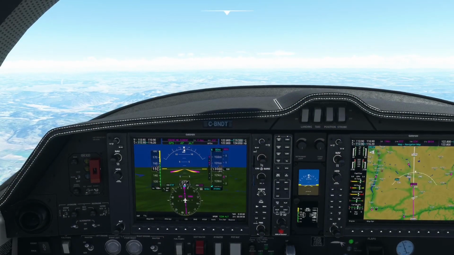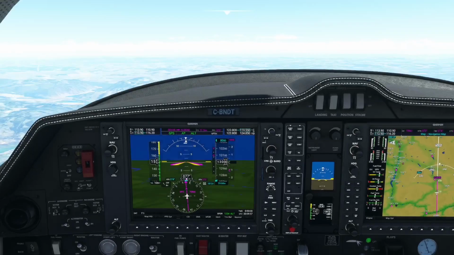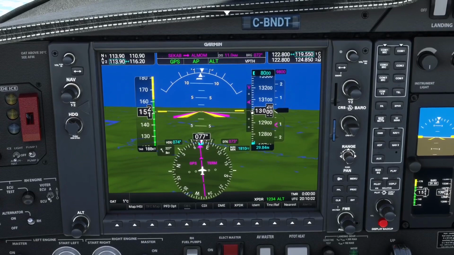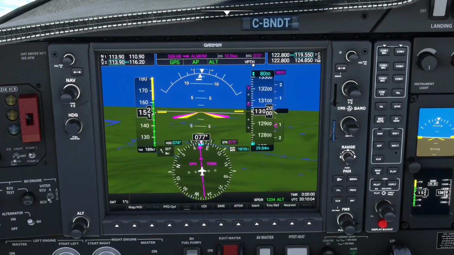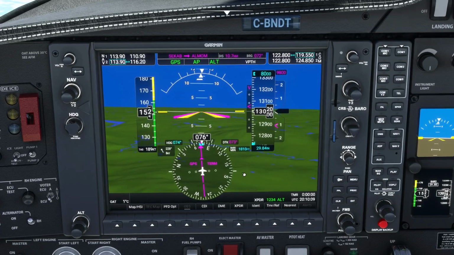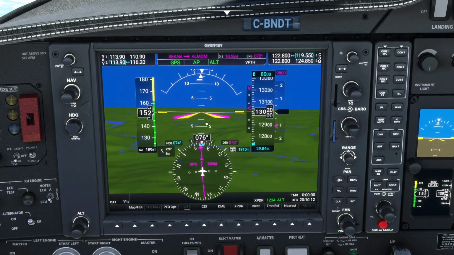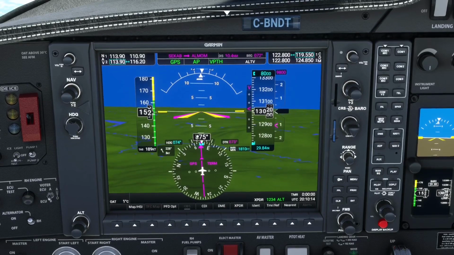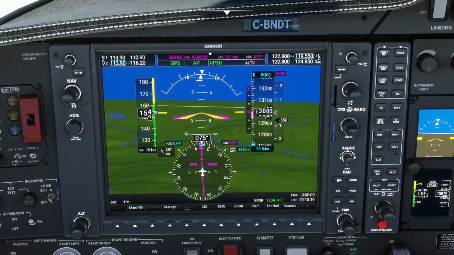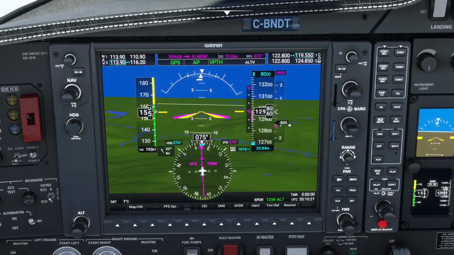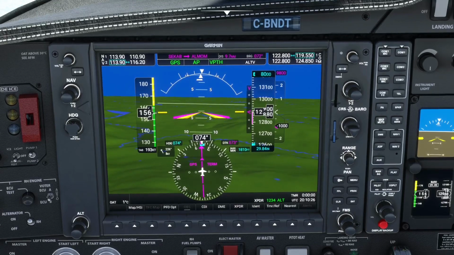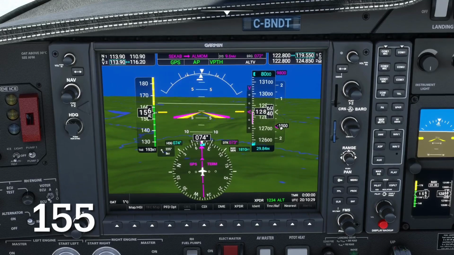Okay, so we are just coming up to the top of descent, and if I zoom in on the PFD here, you can see it's starting to come down, and once it gets here, this should go active, so it should go green, and then we'll target that rate of descent to stay on that path. Now, because we don't have an auto throttle, it's going to fly the path, but I have to control the speed with the throttle. What you see here is now VPath is active. So I'll need to bring back the throttle to keep the speed under control. I'll keep it about 255 or so. And you can see it's targeting